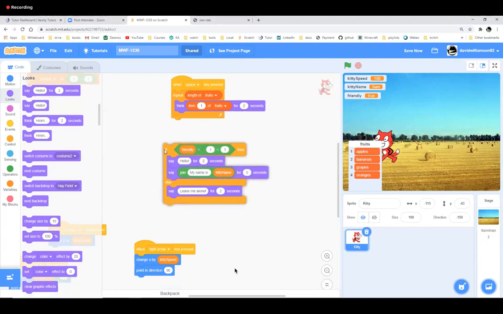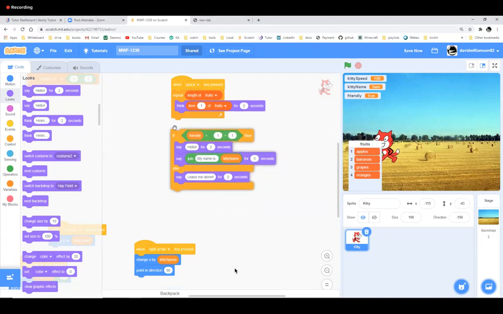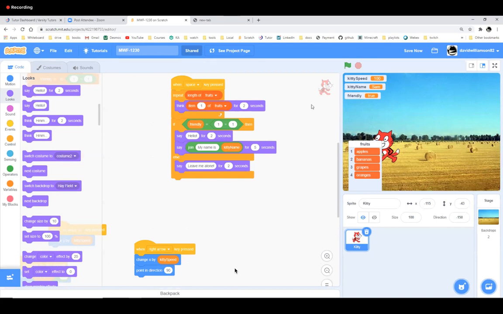We can put it back, but maybe he'll think about the fruits first. So I hit space, and he's going to think apples, apples, apples, apples, and then eventually he'll say hi.